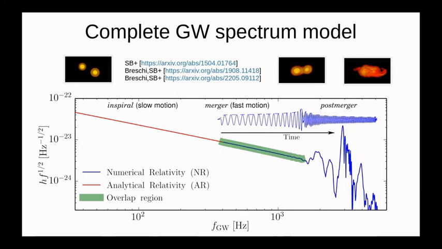So what you see in this plot is the complete gravitational wave spectrum of a binary neutron star, which includes, besides the inspiral and merger, also the emission from the remnant here. So we have developed models to describe this entire spectrum. These models are consistent and unified, and are based mostly on attaching an effective-one-body model with simple analytical models that are in any case informed by numerical relativity, in particular using equation of state insensitive relations